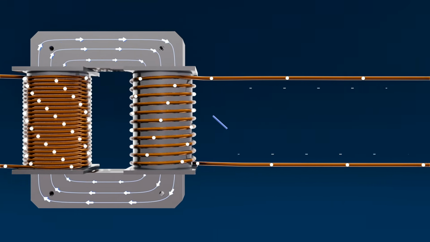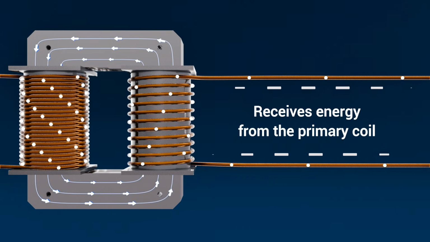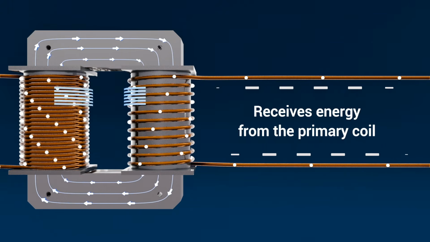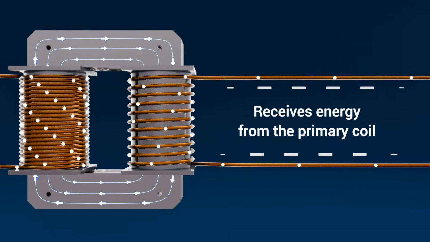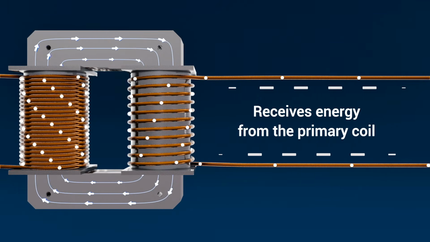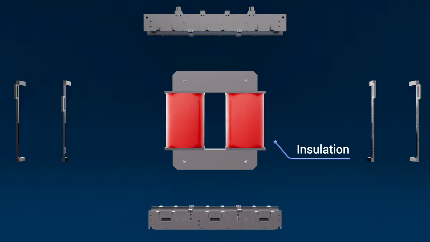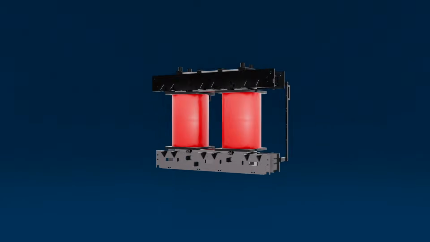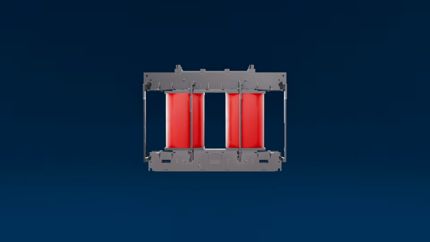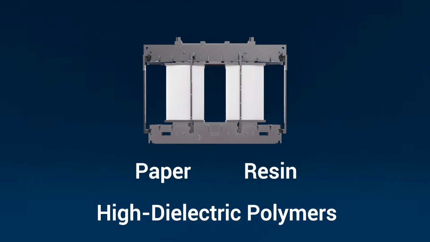This is where the energy arrives, induced by the flux shared through the core. The voltage here depends entirely on the ratio of turns compared to the primary, making it either step up or step down in function. Surrounding these coils is the insulation system, a barrier that prevents electrical breakdown between coils and the core. Depending on the transformer's size and application, this insulation may be reinforced with paper, resin, or high dielectric